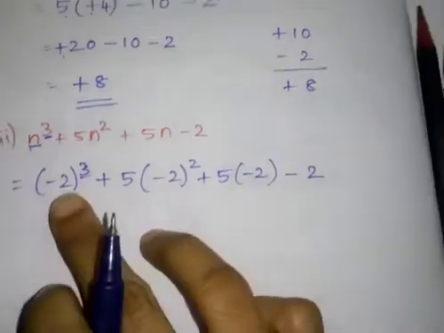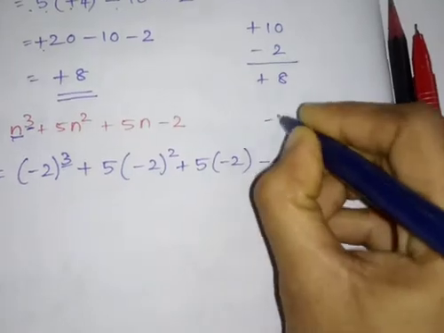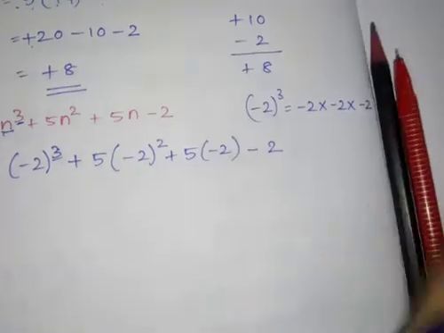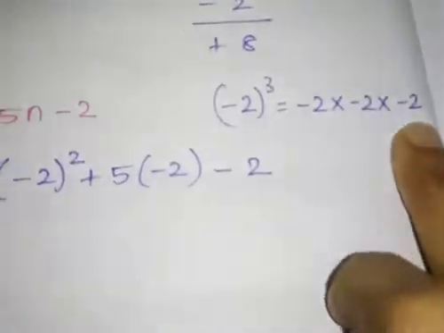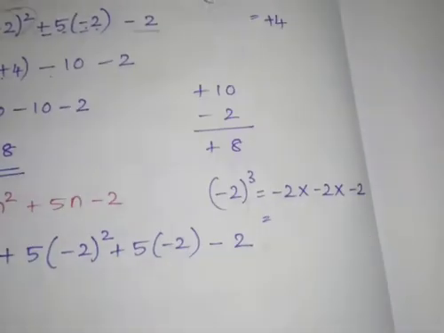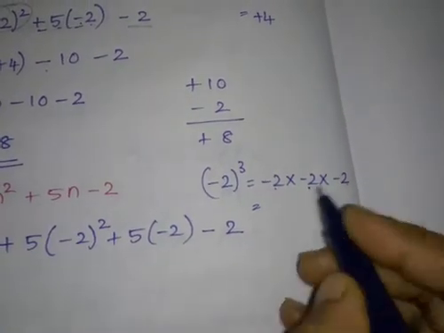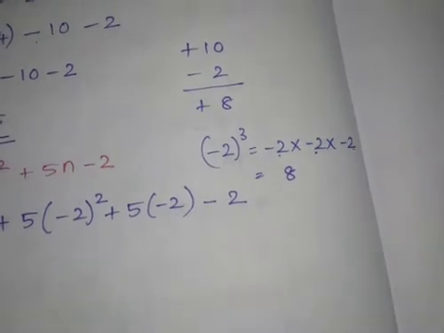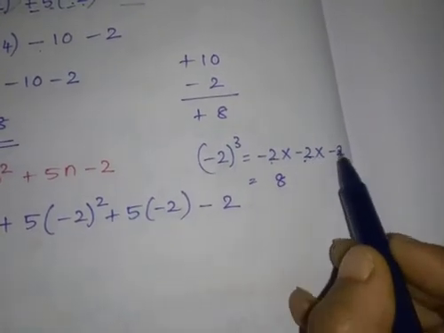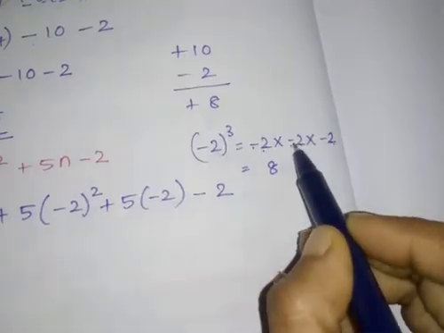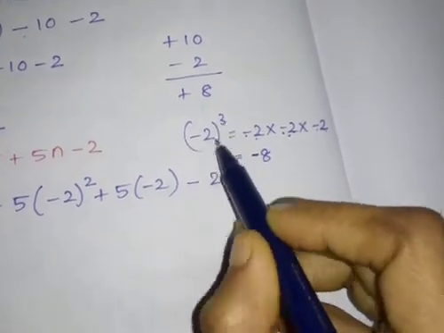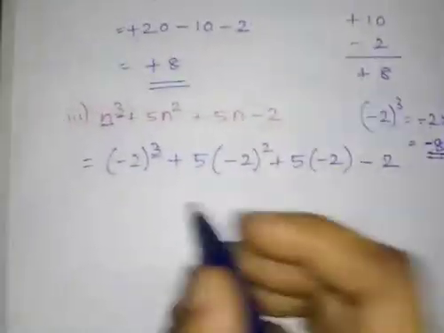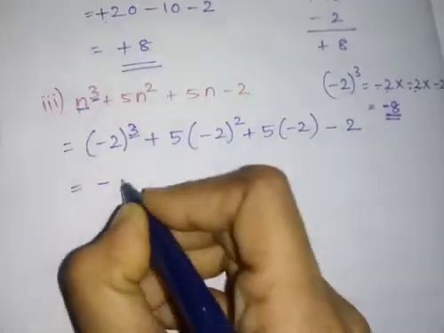So now minus 2 the whole cube, how will you write, children? Minus 2 the whole cube is nothing but minus 2 into minus 2 into minus 2. Correct? 3 times you will multiply by minus 2. So here what will you do? 2 2s are 4, 4 2s are 8. First you should multiply the numbers. In integer operation you should multiply the numbers. Minus into minus plus, plus into minus, minus. So minus 2 the whole cube answer is minus 8. Okay?